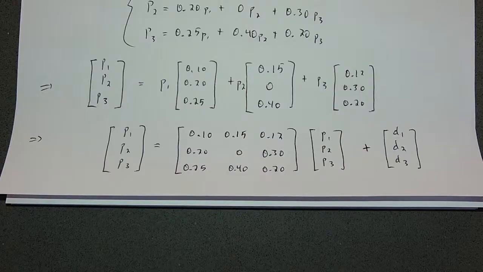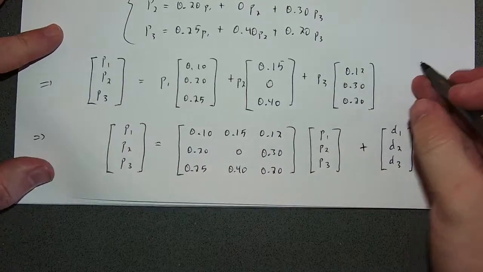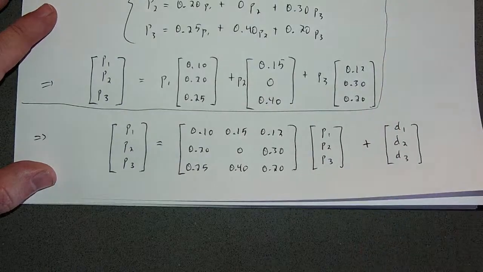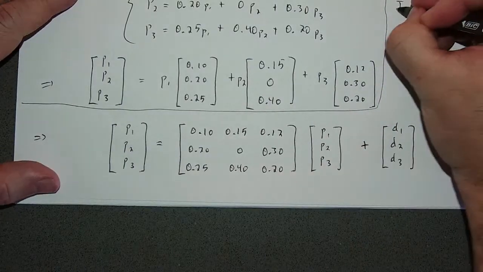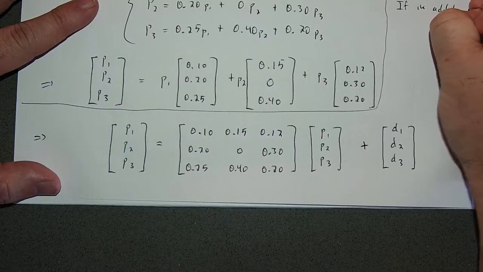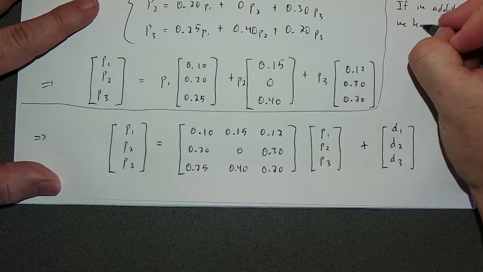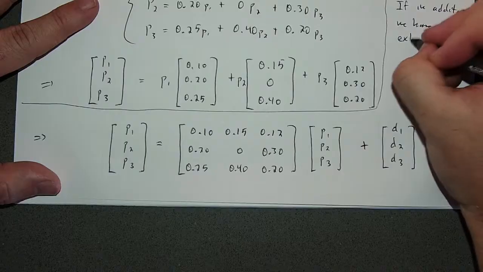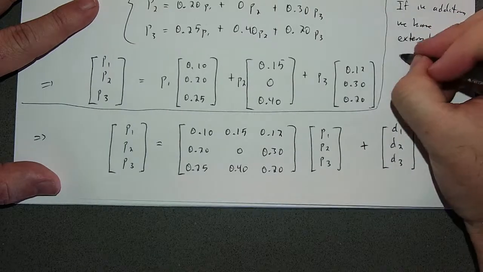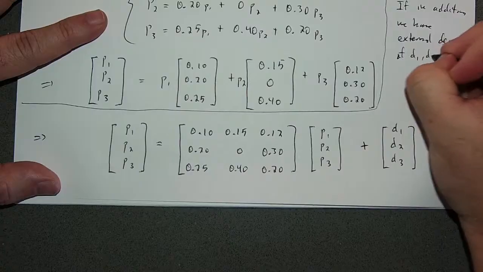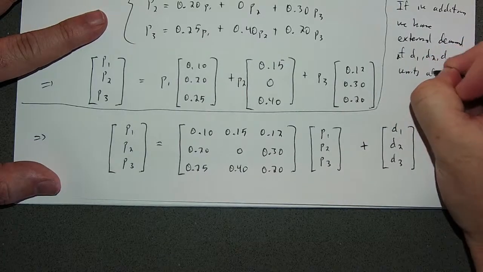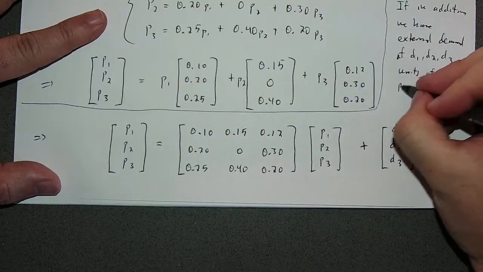Okay, and that means that in this way, so maybe I'll break this off here and say, if in addition we have external demand of D1, D2, and D3 units of the products, respectively,